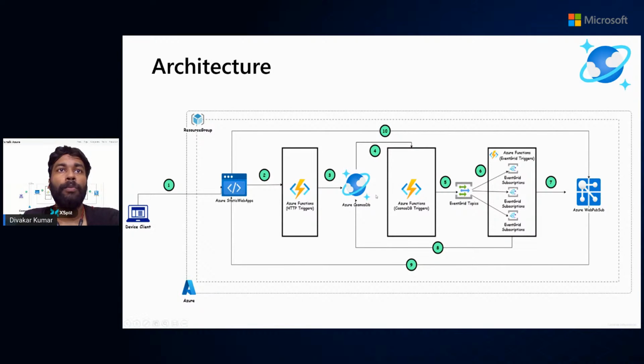From Cosmos DB, one way of listening to these events is using the Cosmos DB trigger, or the other way is using the change feed processing library. But the more efficient and easier way is using the Azure Function. Internally, this also uses the change feed processing library, which allows you to listen to those change feeds and publish those events downstream.